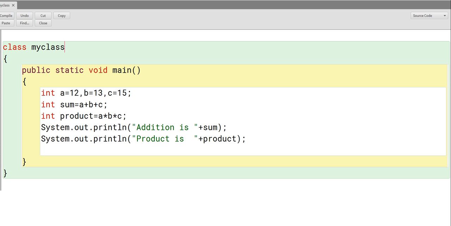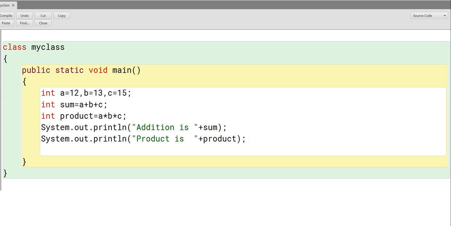Don't use a semicolon here. It means if you use the semicolon, then the statements that you write after this class and method will not be executed, will not be read by the compiler. So don't terminate these statements. The statements that you write within the method will be terminated with the semicolon. It means the semicolon is used to terminate the statement.